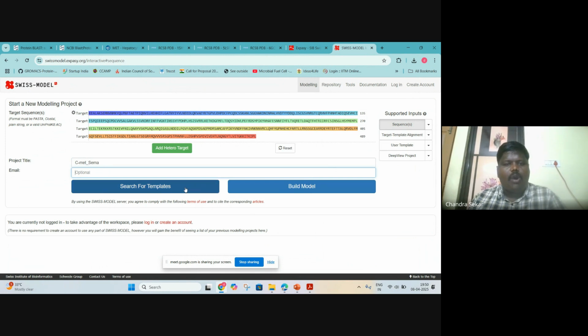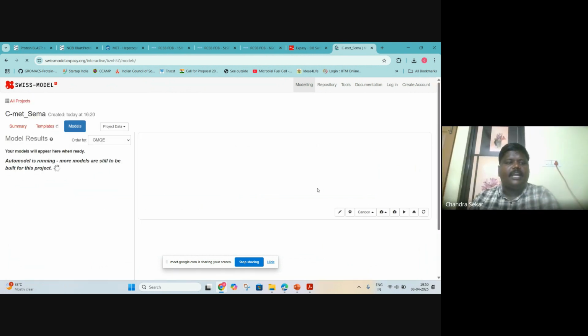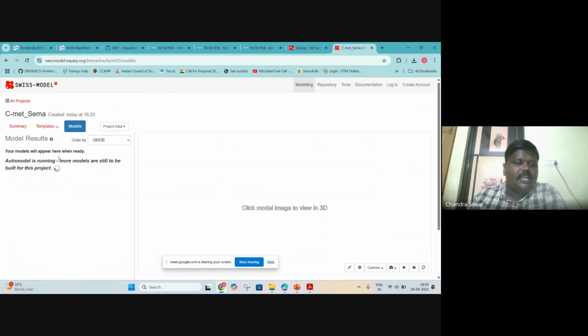Now there are two options. I just click build model and wait for the results, and it will go till the end. Or I can search for a template and go step by step. As of now, I'm going to build the model. Later on, you can explore all the options. So the auto model is running.